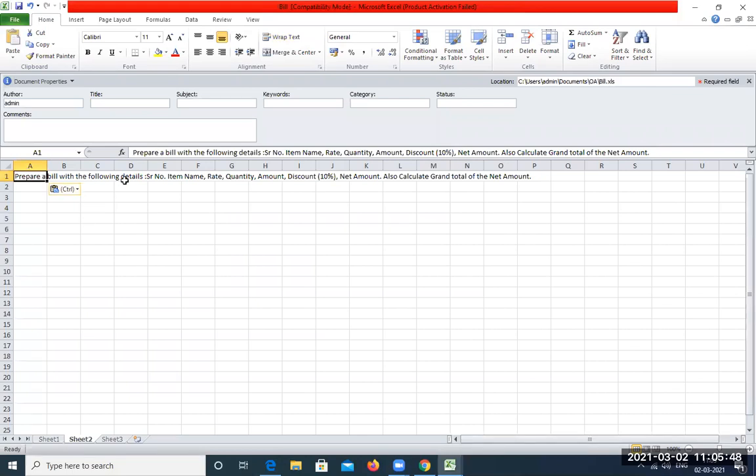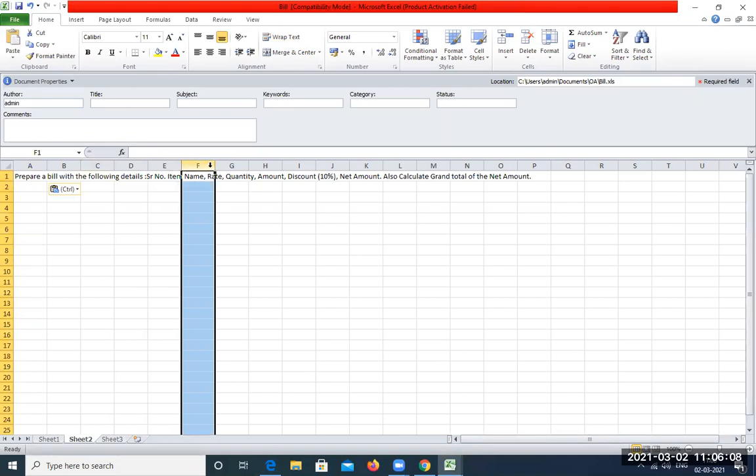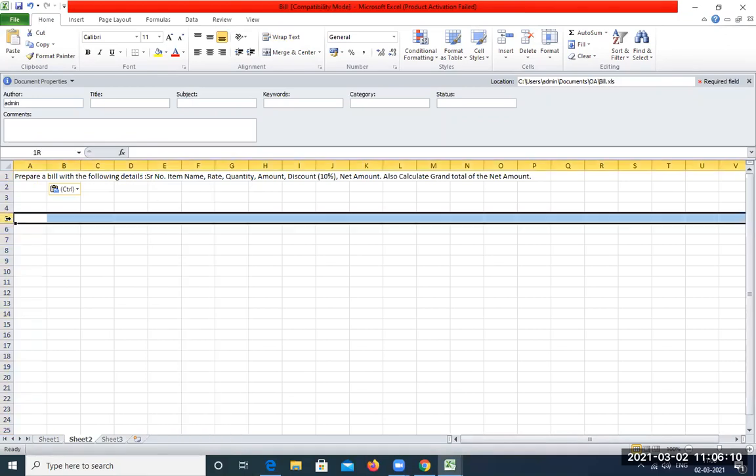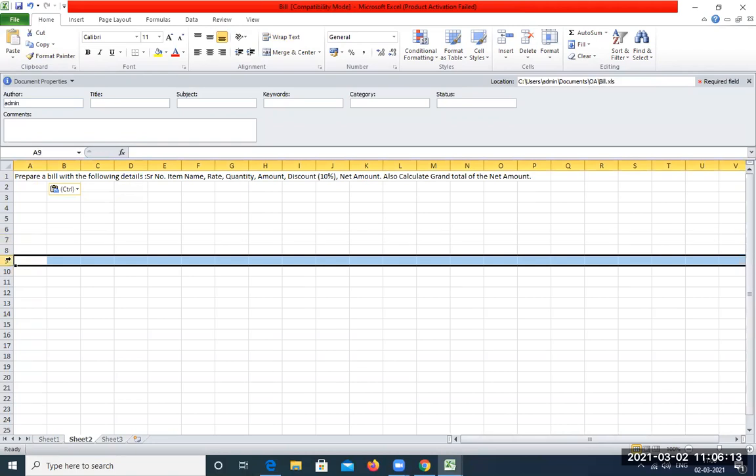I've just copy pasted the title. Now we need to design our table. This table should consist of these headings. You can see here an Excel sheet is basically made up of rows and columns. Each of these vertical sections will be called columns and these horizontal sections will be called rows. A combination of these grids is going to form an MS Excel sheet. An Excel sheet will usually contain 3 sheets. You can rename this, or create a new sheet here.